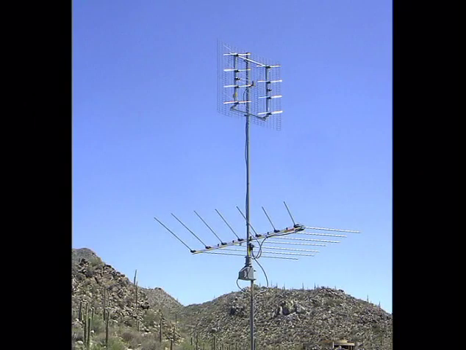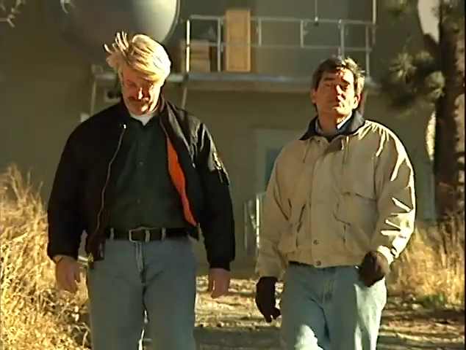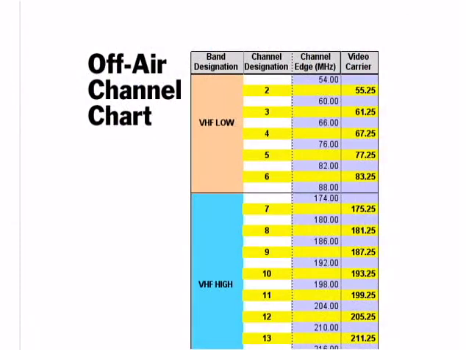With a good antenna installation, there's no reason why the picture quality from off-air can't be just as good as the picture from cable or even satellite. It's a good alternative to cable and satellite as the sole source of television reception, and as Frank said, it's free. This chart, similar to the one we saw for cable channels, shows the UHF and VHF frequencies for each